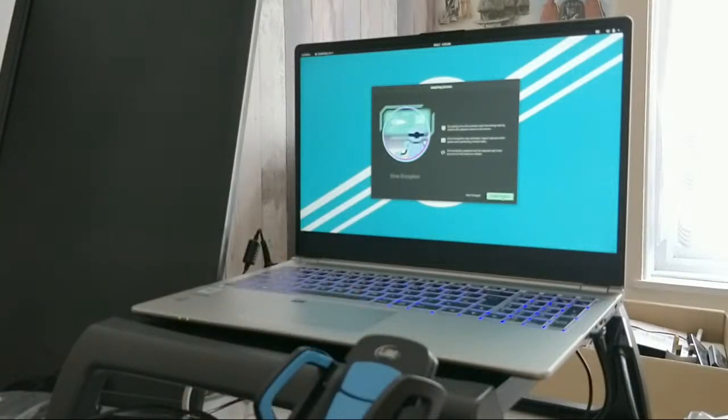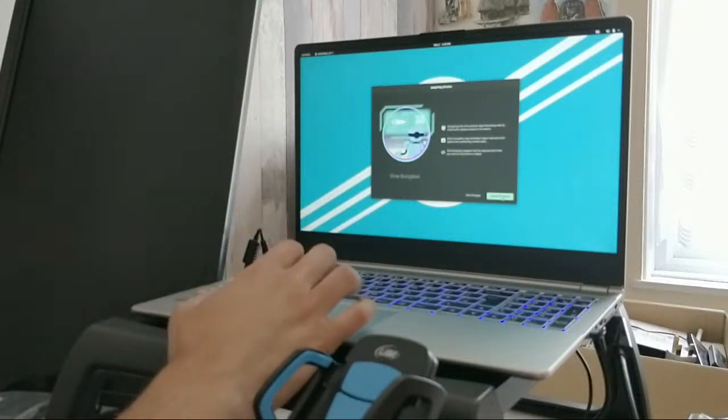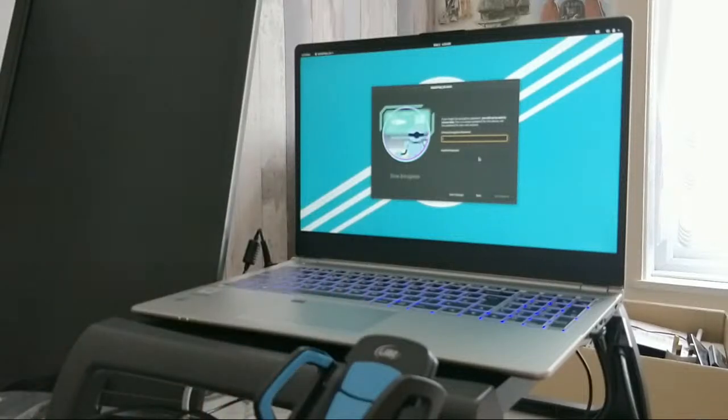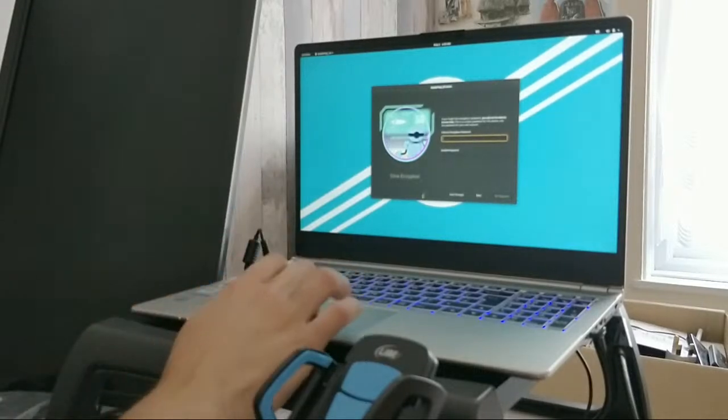What should I do again? Yeah, I want things encrypted and I'm going to have to choose a password that I'm going to remember. So, forget this encryption password, you will not be able to recover data. It's a unique password for this device, not the password for your user account. There's no way to change it afterwards, I guess, is there? Okay, so that could be a small problem. You know what? For this, I'm going to say don't encrypt. I might go back and change it later, but let's...